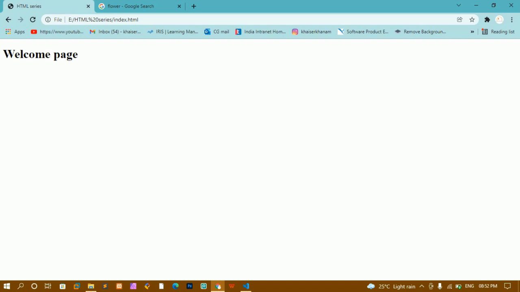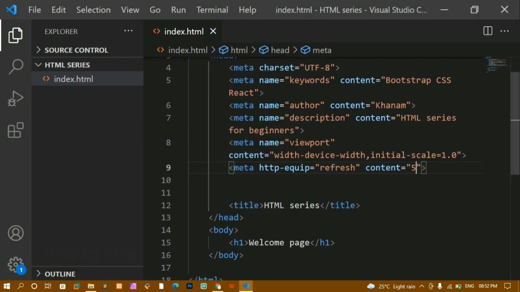Now you can see after 5 seconds you are not going to see any effect because I have not coded anything yet. But when you are making larger websites and larger applications, then you will see after 5 seconds, whatever time you have given here, whatever time you have specified, based on that the website will be refreshed and the new data will be displayed to you.